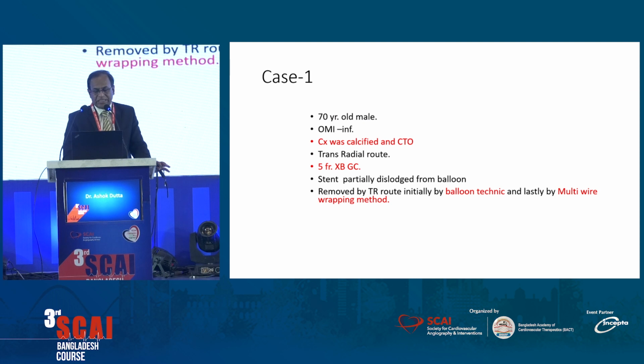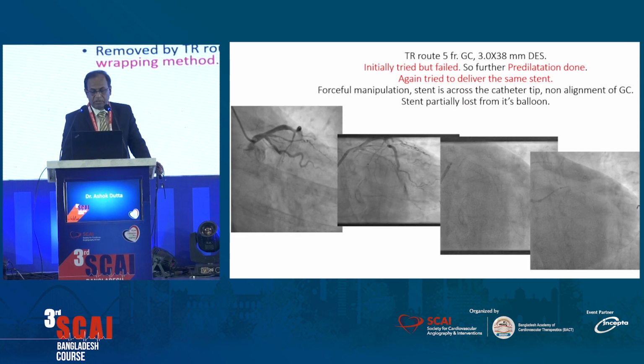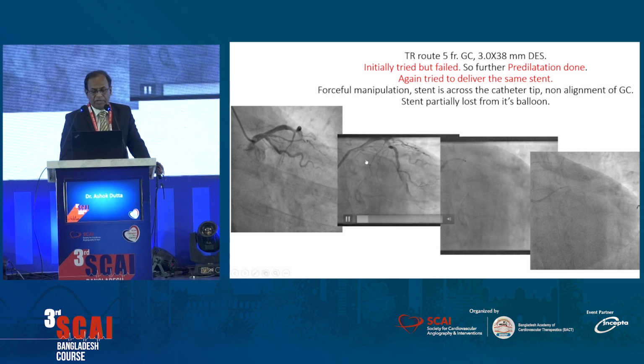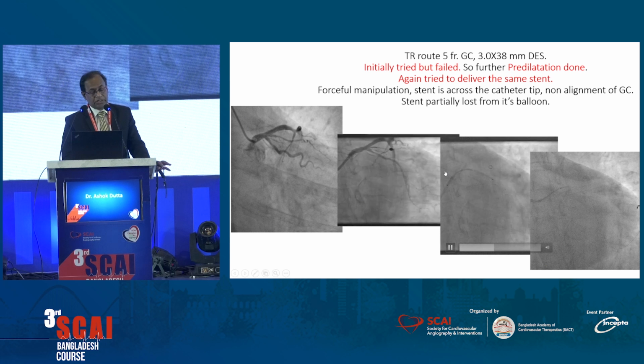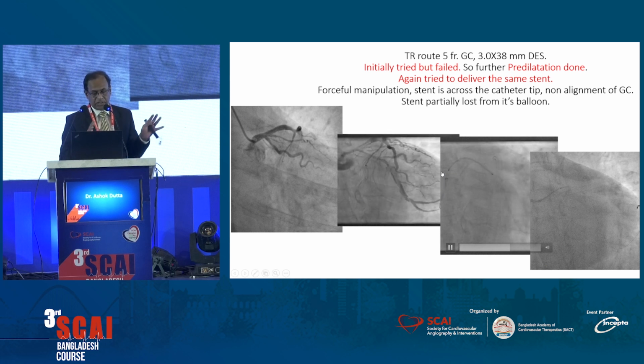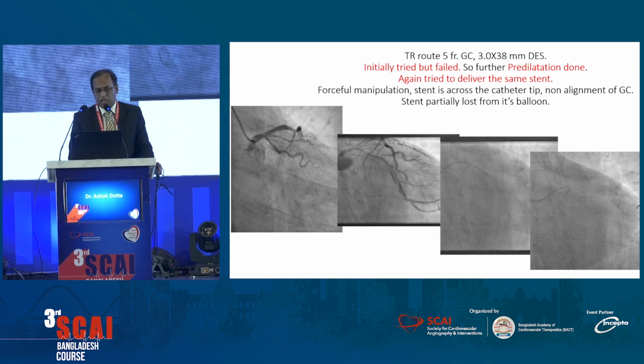So my first case is a 70-year-old male, LCX CTO, calcified. It was opened up, there was a long dissection, that was a calcified lesion, that was a transradial route, moreover, that was long back, about 7 years back. 6 French catheter,